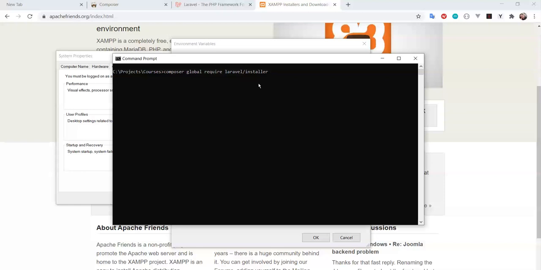In a later tutorial, I'll probably look at using Jetstream down the road, but for this use case, it's just not applicable. So you go global require Laravel installer, then that will install the latest version if you don't have it in there already. To upgrade it, what you can do is, if you already have it on your system,